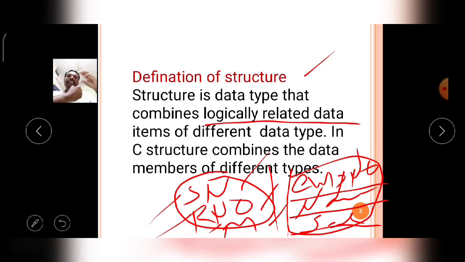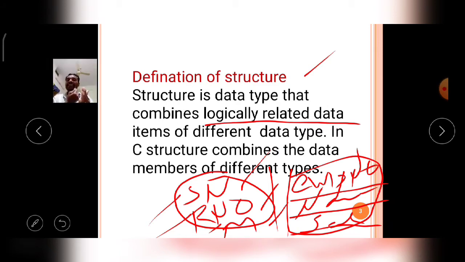That means the group, the combination of that data, explains about the employee. Here student roll number, student name, and student marks percentage is related to the student information. That means this data explains about the student.